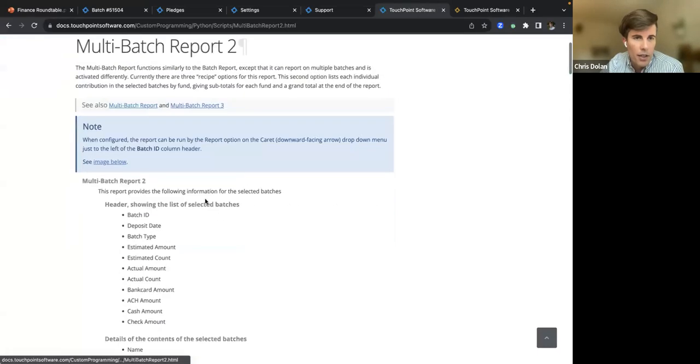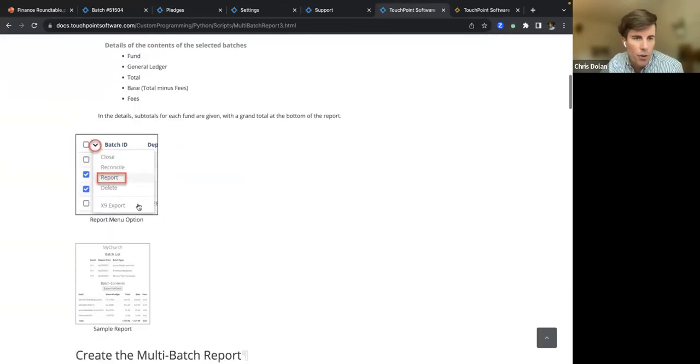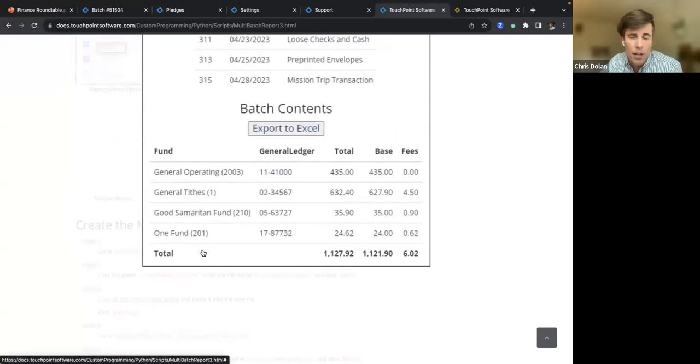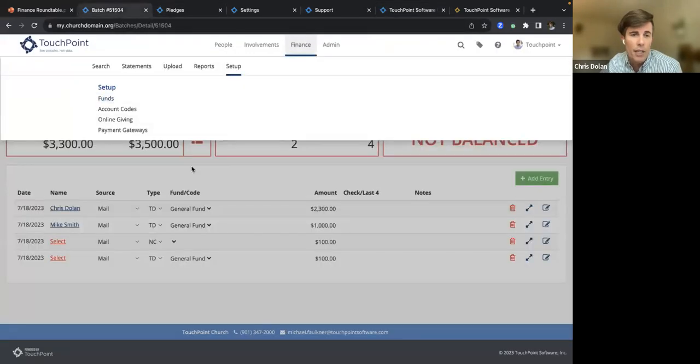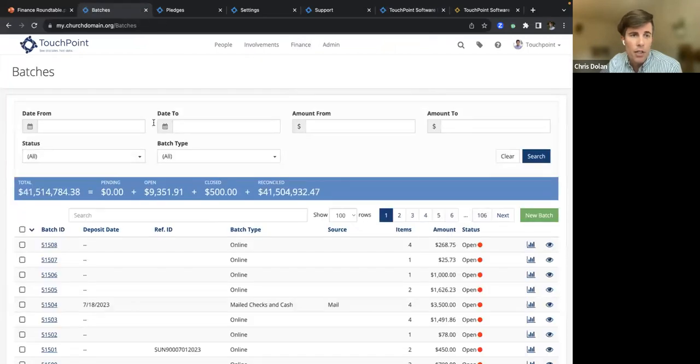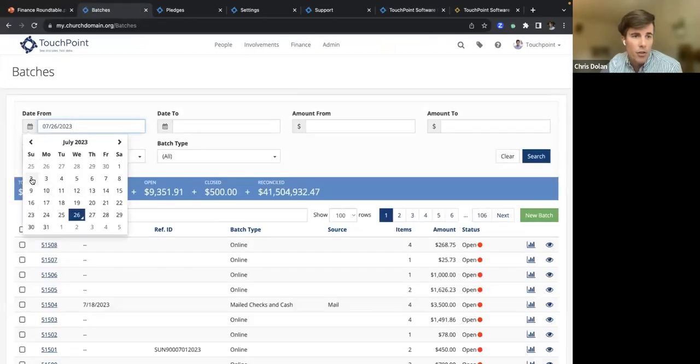What you would do here is the multi-batch report 3, and it's giving you a summary of the funds. You would go over to your batch page and put in a date range of, say, just a week.